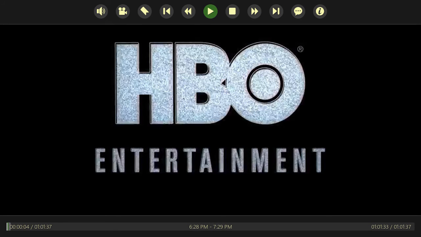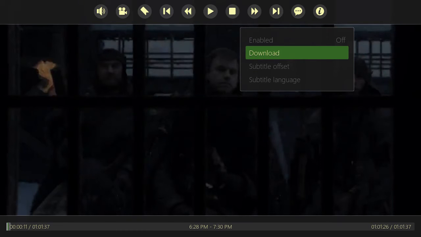If we start a Game of Thrones episode, this is what the player looks like. You can see the playback options across the top of the screen, and they're pretty self-explanatory. If you want subtitles, go over to the word bubble icon and click Download. It will bring up a list of subtitle links. Just pick the first one and try it. If it doesn't work, go down the list until one works. These can be buggy at times, so you may have trouble getting them to work, but for the most part,